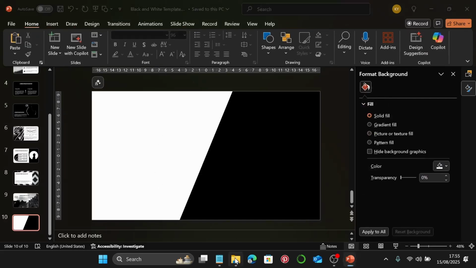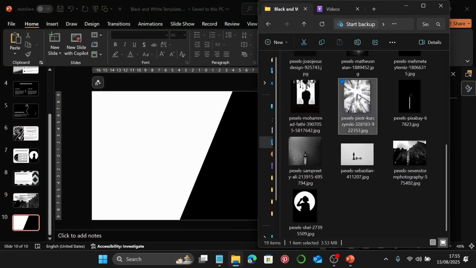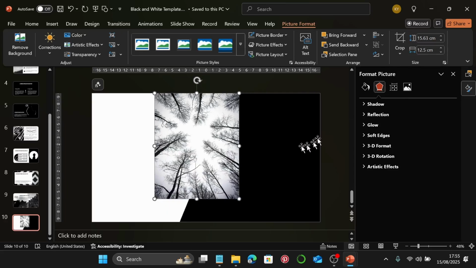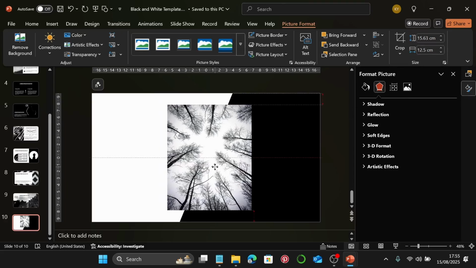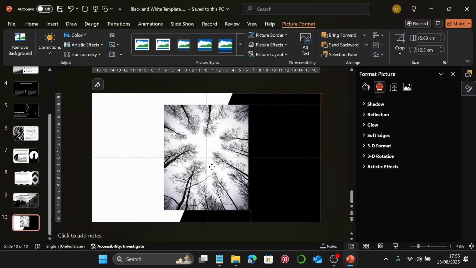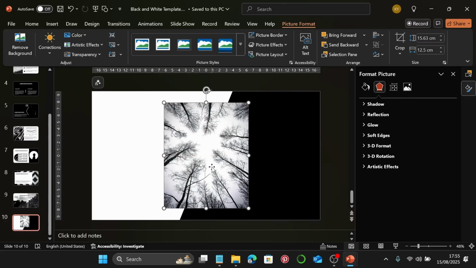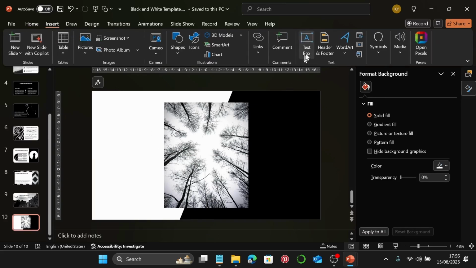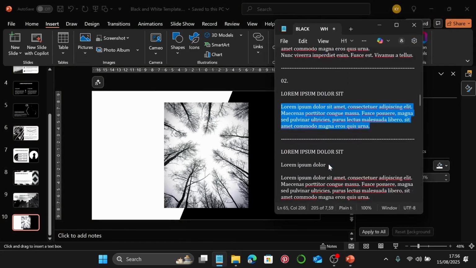Now let's grab our image, which is this one. I'm going to bring it in, change the width to 12.5, and then center it, put it in the middle and also the center. Next, let's insert our text. Go to insert text box, and I'm going to come over here,